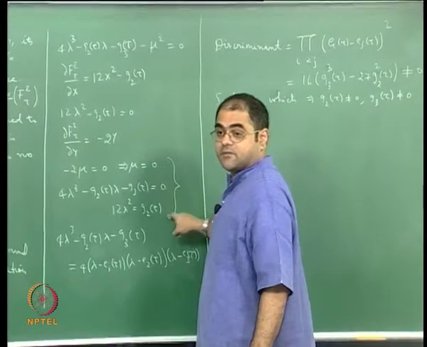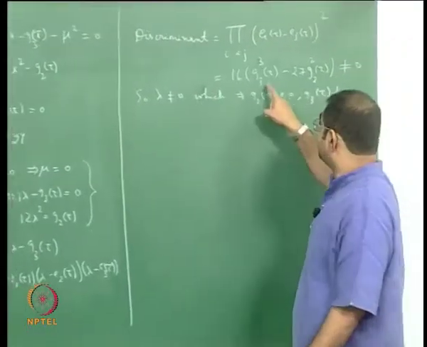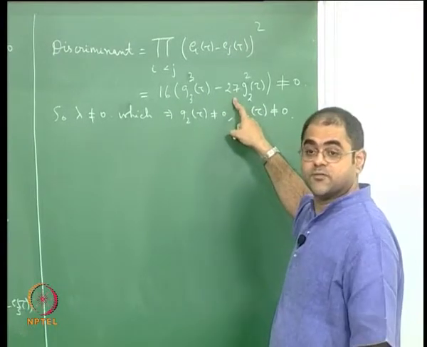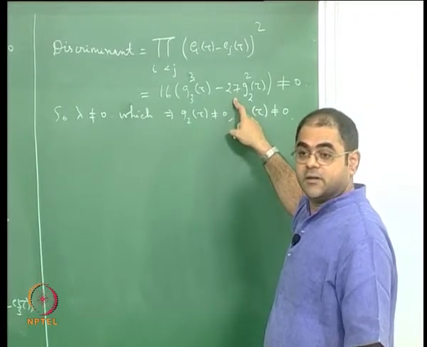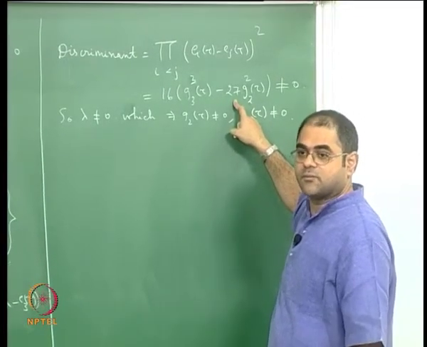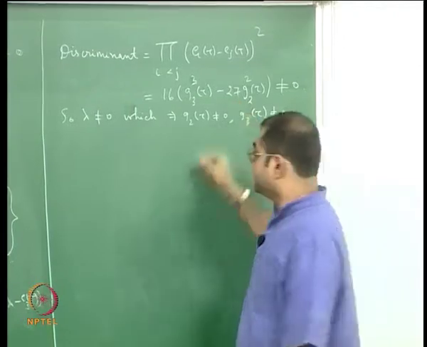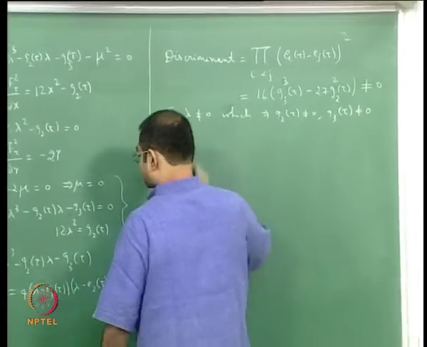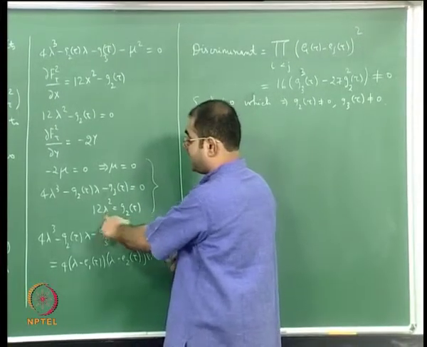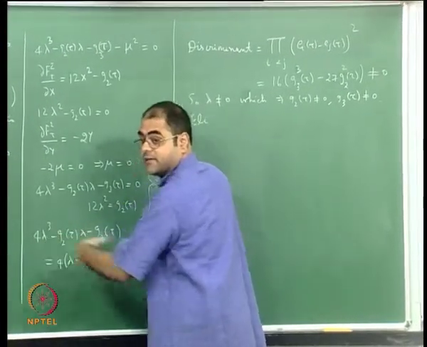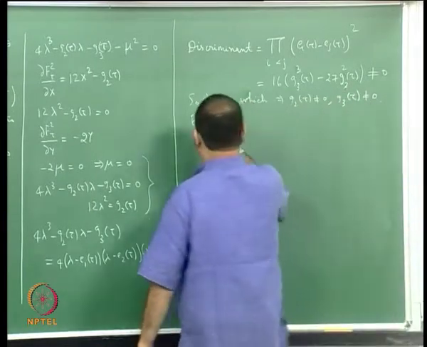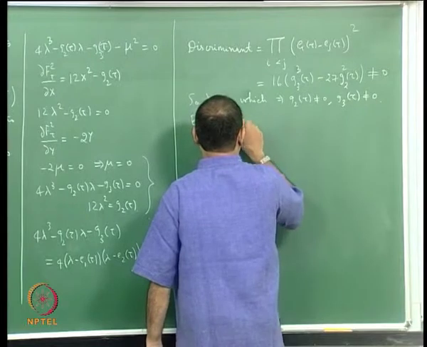Believe it or not, if you eliminate lambda from these two, what you will get is g3 cubed of tau minus 27 g2 squared of tau equal to 0. If you eliminate lambda, you will exactly get the discriminant is 0, which is not true. That's the contradiction. So basically I take a square root of lambda here and equate it to a cube root of lambda from here, and then I raise both sides to the power 6, and that's it. So eliminating lambda